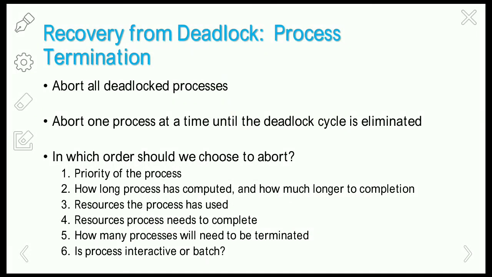In this video we are going to know about deadlock recovery. So how can we recover from the deadlock? There are two methods for breaking a deadlock. One solution is simply to abort processes one by one to break the circular wait, and the second solution is to preempt the resources from one or more of the deadlocked processes.